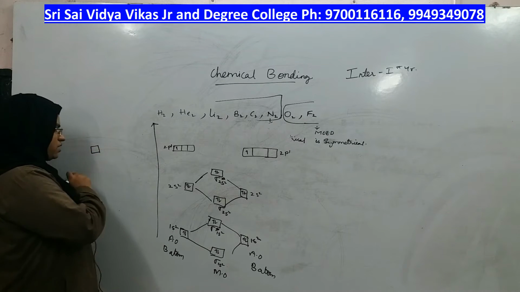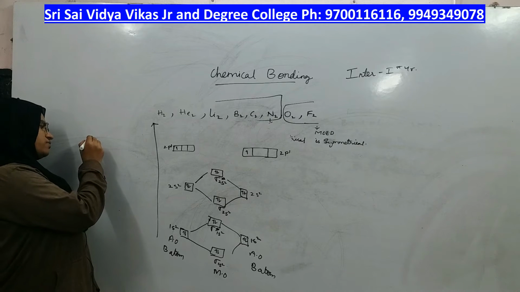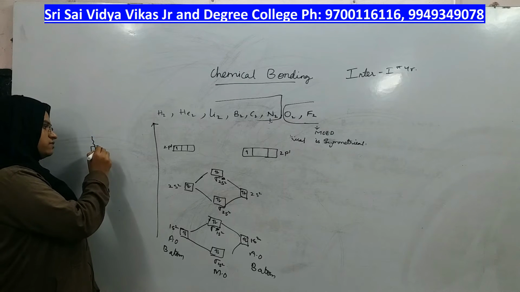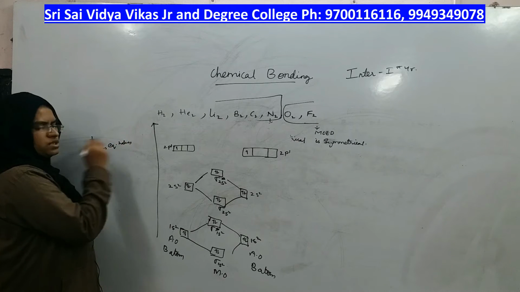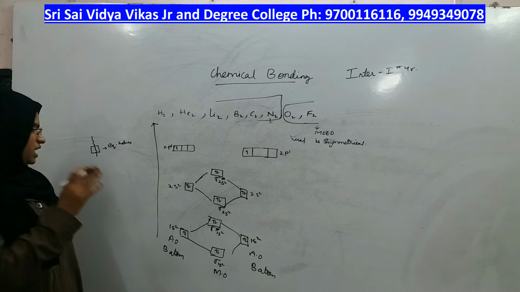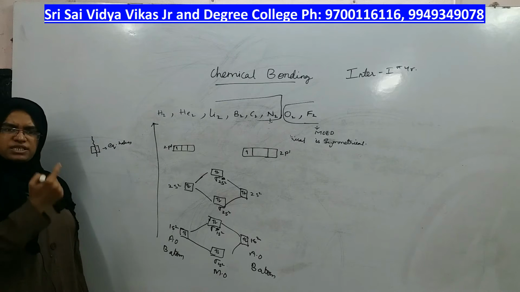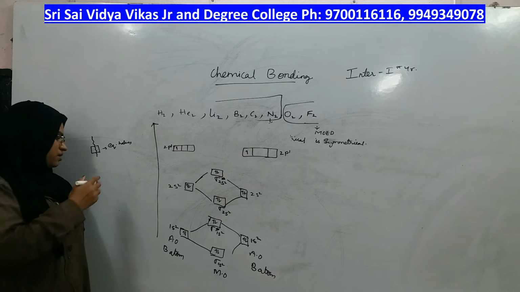This is a square. If I want to cut the square into 2 equal halves, will I get 2 equal halves or not? Yes, right? If it can be divided into 2 equal halves, that means the shape is symmetrical. But